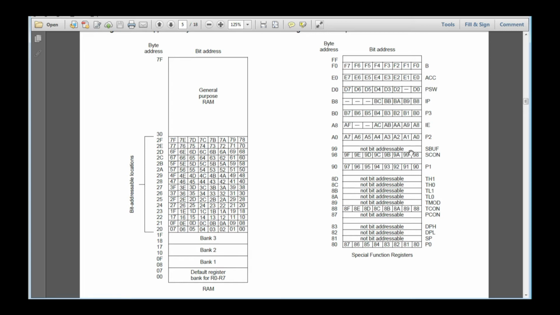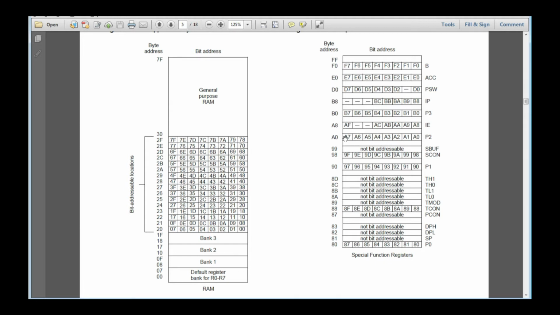Fantastic. That is the thing we need to celebrate by looking at the data memory of our 8051 microcontroller, which is very much suitable for any embedded system applications. So that alone we need to concentrate on. Other than that, there are some special stack pointers, data pointers, timer registers, etc. And some of the registers are not bit addressable. If you observe carefully, there are some highlighted registers which are not bit addressable. Only a few registers are bit addressable. One among them is the parallel ports, port 0, port 1, port 2, port 3.